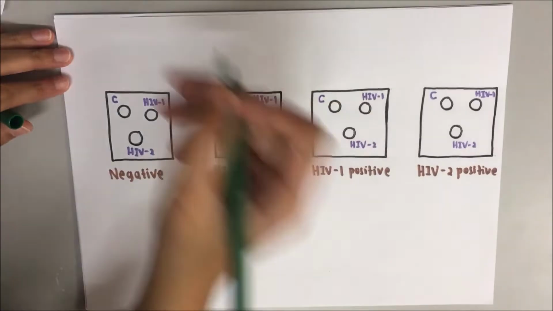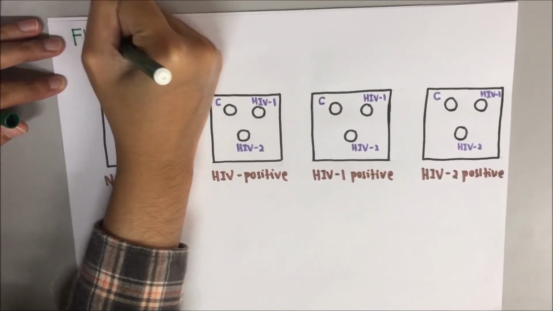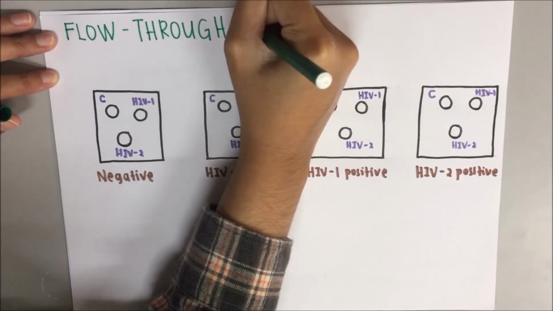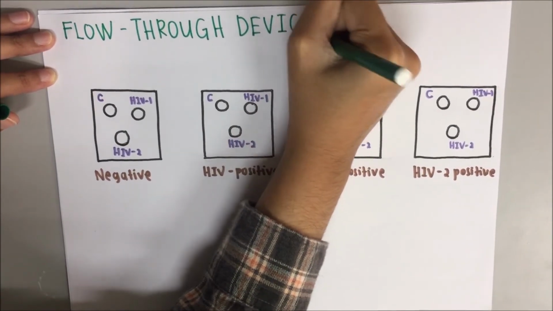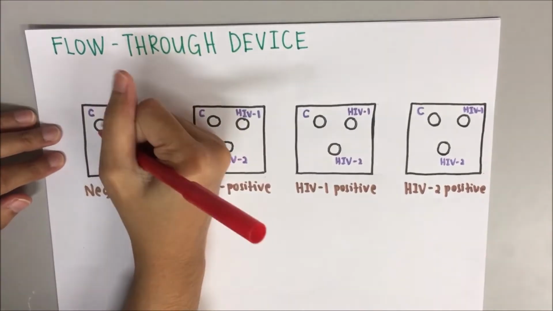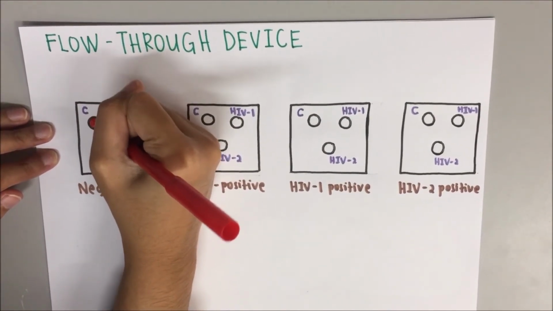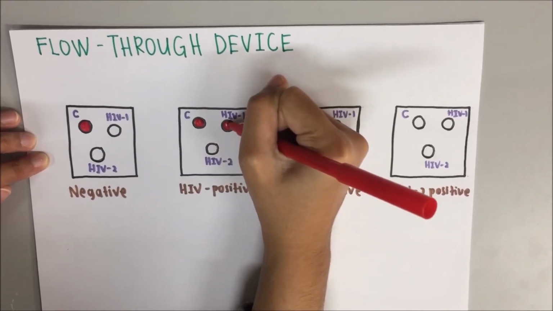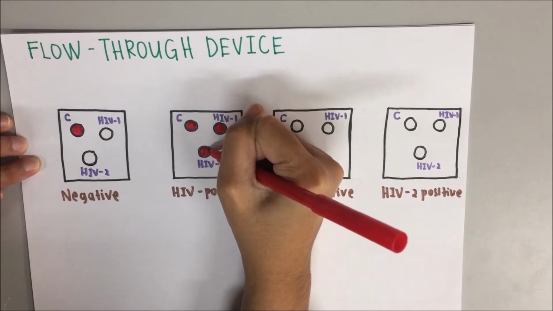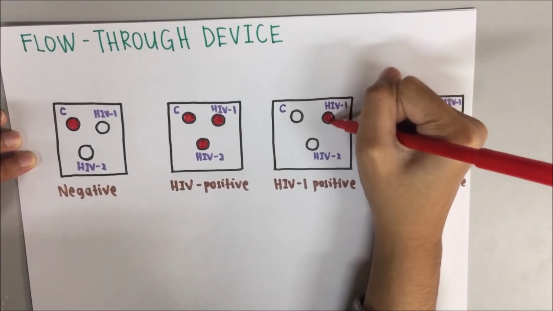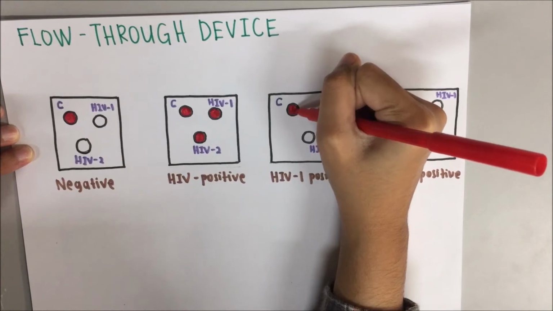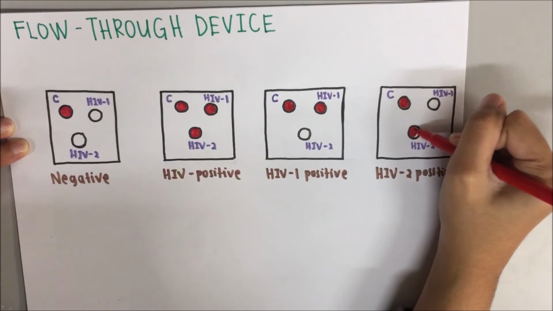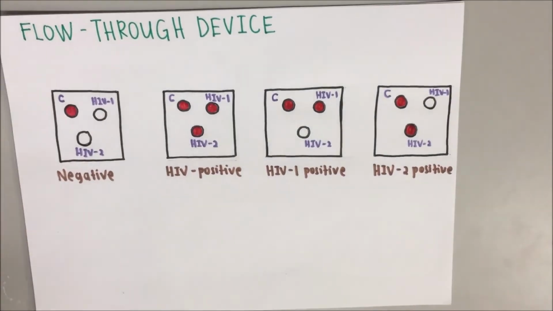In immunoconcentration, flow-through devices are used, which are usually cartridges with HIV antigen attached to a membrane. HIV antibody links to the HIV peptide antigens, forming the color spot. To interpret the results, HIV negative produces all colorless dots except for the control. Next, HIV positive, which involves dual reactions, will show red in all three dots. For HIV-1 positive, red color will be present at the control dot and the HIV-1 dot. And finally, if the result shows HIV-2 positive, red color will be present at the control and the HIV-2 dot.